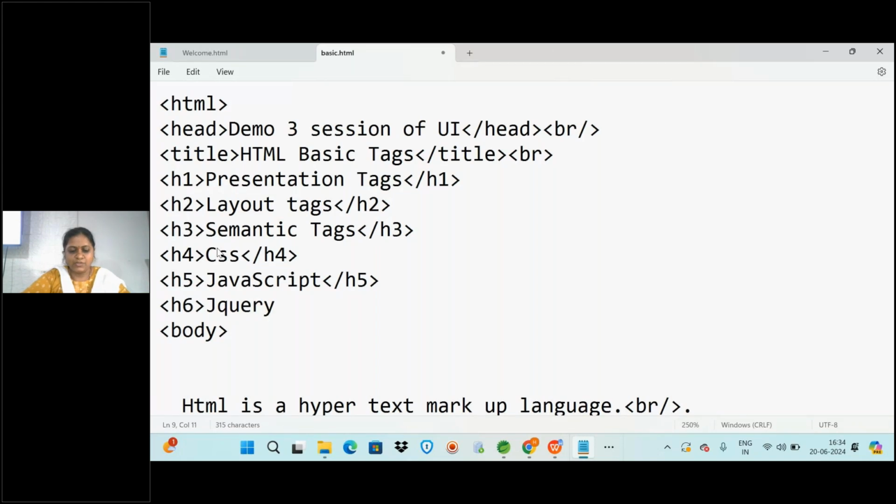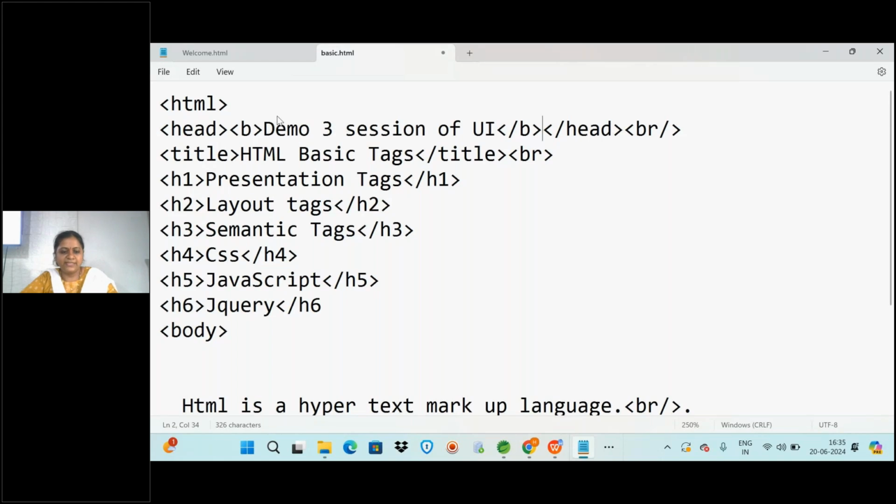Okay, these are the things we have. So now you have created all the headings, and if in the head section demo 3 you want to display this in a little bold format, then you give the B tag. B stands for what? Bold tag. Okay, so you can display that.